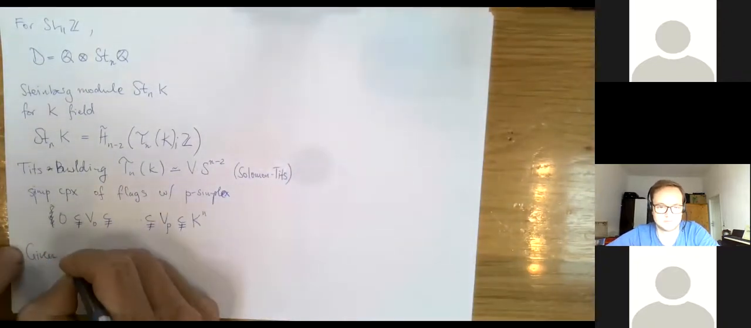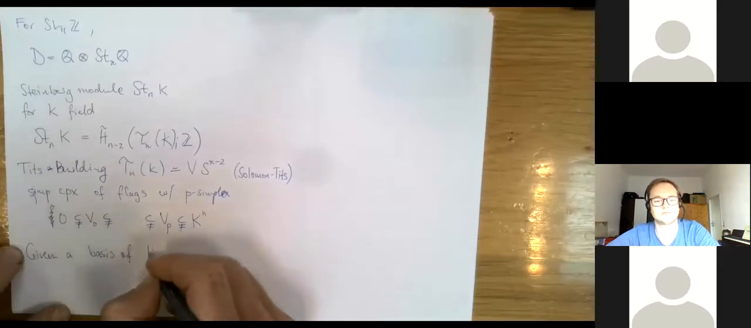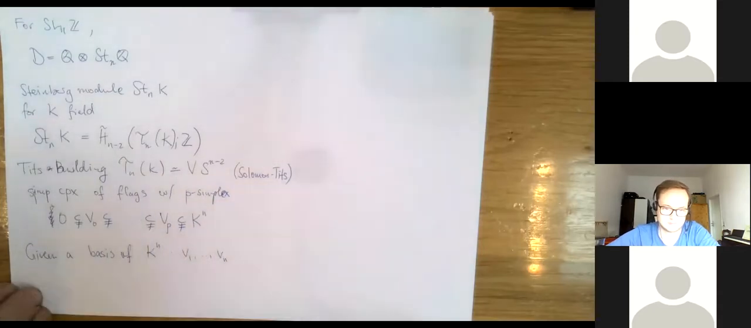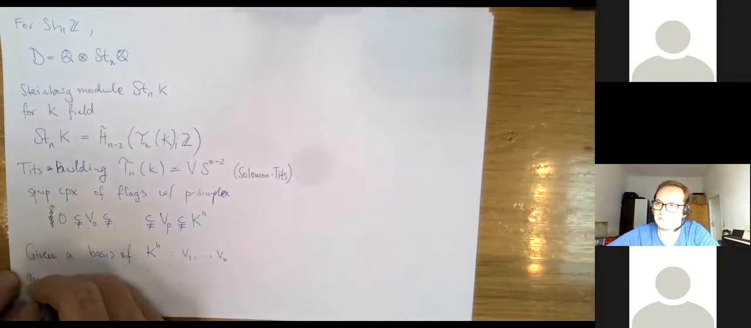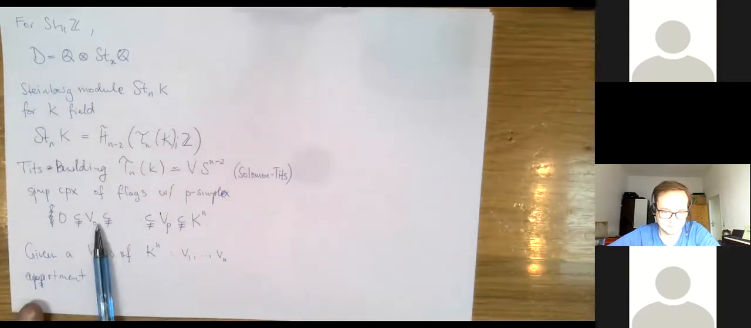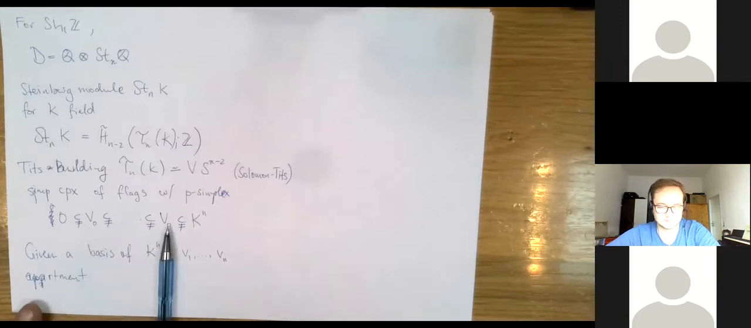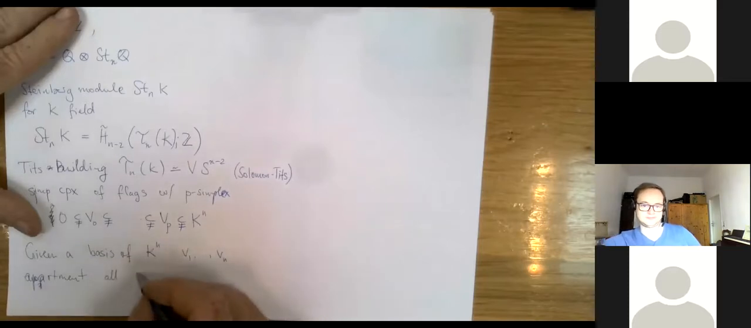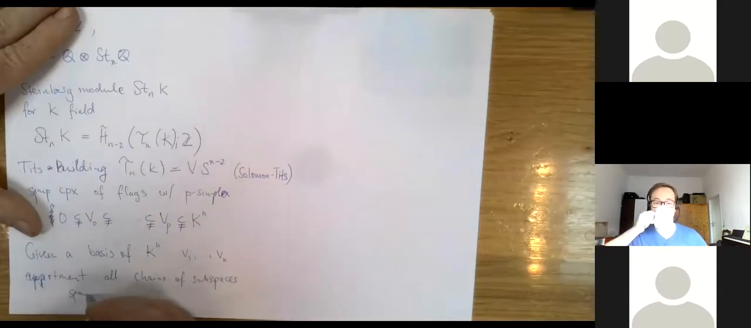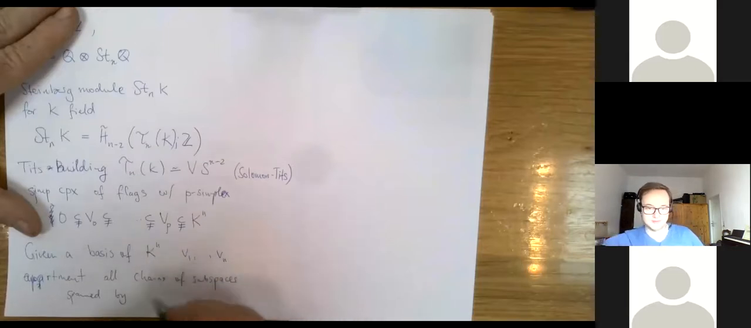Given a basis of K^n, let's say v1 through vn, the apartment corresponding to this basis is, now you take all chains of subspaces spanned by subsets of the vectors. So, for example,